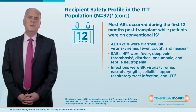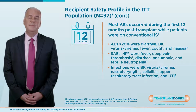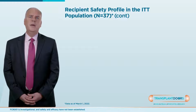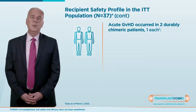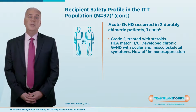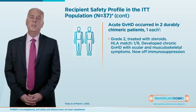The most common infections were BK viruria and viremia, nasopharyngitis, cellulitis, upper respiratory tract infection, and urinary tract infection. GVHD is a notable and potentially life-threatening adverse event associated with allogeneic stem cell transplant. In the FCR001 Phase 2 study, acute GVHD occurred in 2 durably chimeric patients. 1 patient with grade 2 GVHD was treated with steroids and is now off immunosuppression but has chronic GVHD with